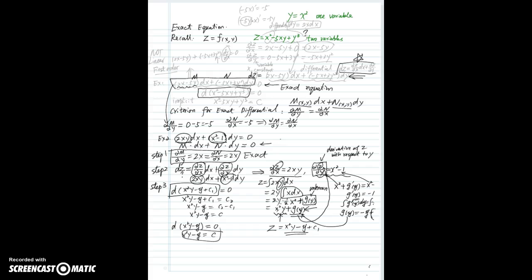Okay, so if we take the derivative, because we have two independent variables, we need to specify which variable we take the derivative with respect to. So what we write is usually partial z over partial x. That's called a partial derivative. To take the derivative, we consider x as an independent variable, and we treat y like a number, like a constant. So the derivative of x squared is 2x, and